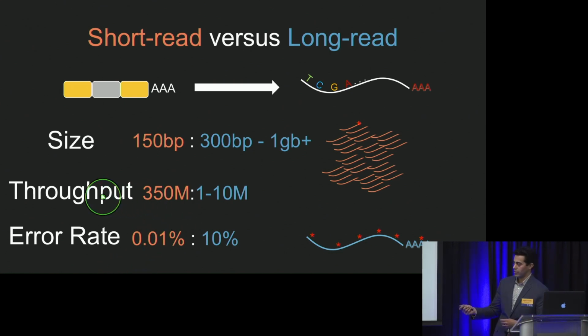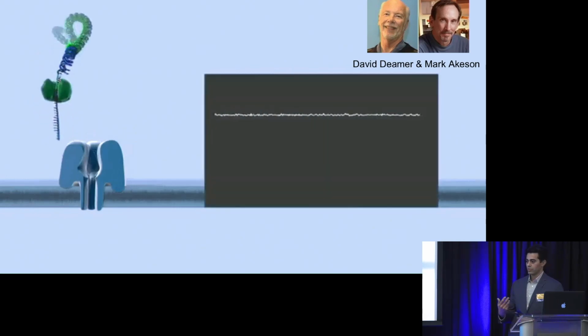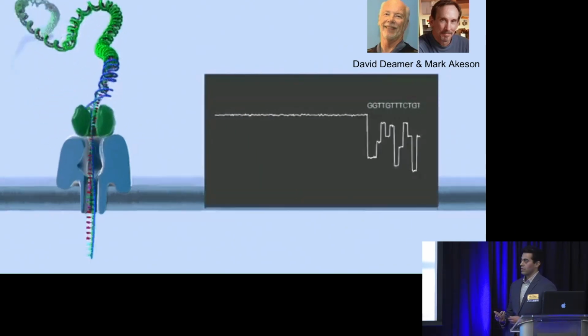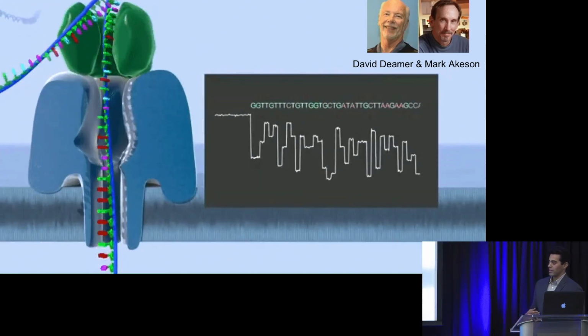So from these criteria, it might look like you want to use short read sequencing because you get a ton of data and it's really accurate. But for the type of analysis that we're doing, which is characterizing these long mRNAs, the size really kind of trumps everything. So for these reasons, we've chosen to use long read sequencing for this analysis,